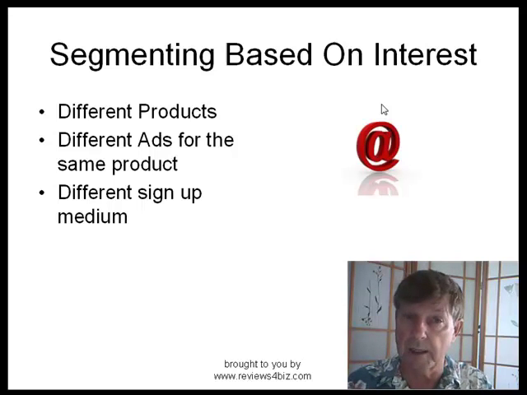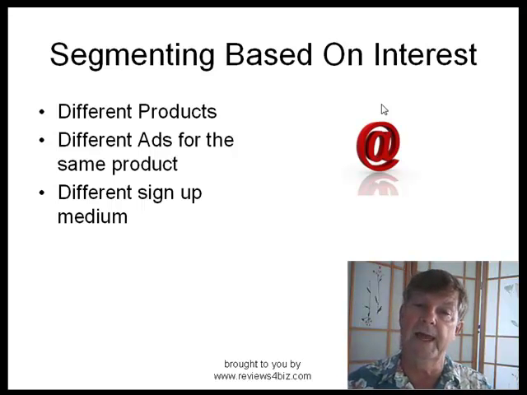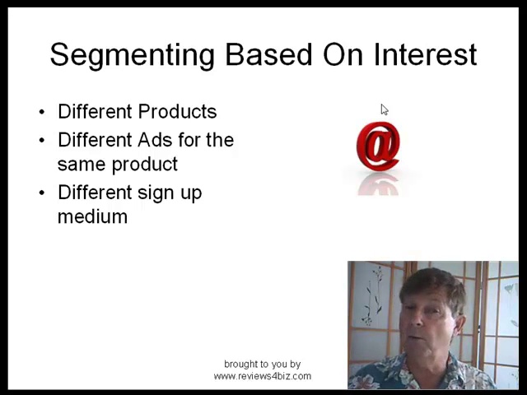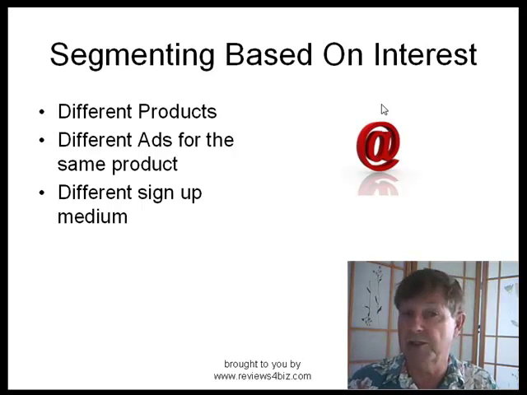Did they buy the product? When they buy the product, you don't want to keep them on the same list that you've been emailing for several times or not, and so you want to put them on a different list. You want to have a different segment for those people that have already bought your product, and depending on which product they bought. If they bought blue widgets, you may want to try and sell them red widgets, but you certainly don't want to sell them blue widgets again. Or maybe you've got some add-ons for it that you'd want to sell them, but the basic package, you wouldn't want to sell them that again.